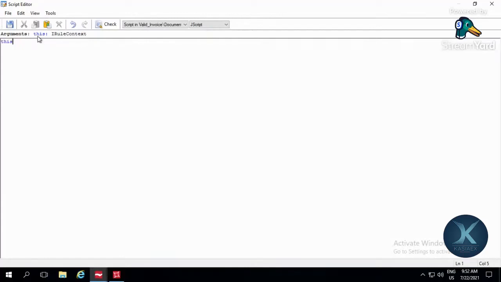So let's write an if condition: if this dot field of double quote, you will be able to see what exactly you're getting, right? So I want to check the invoice number dot text dot length is greater than 0, and